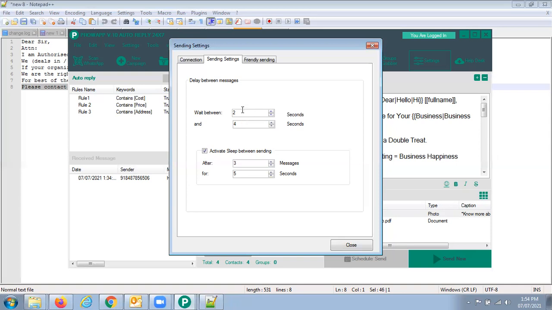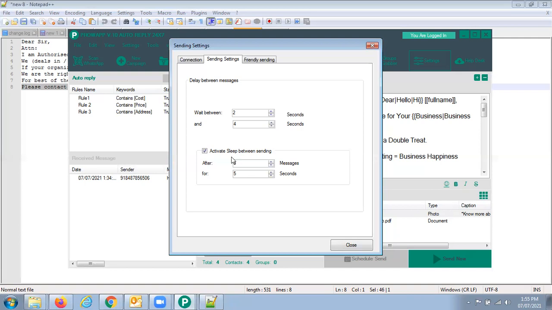Here the waiting time is just the gap between one message and the other. Because we are showing that it is being sent manually, we generally keep a 15 to 20 seconds gap between one message and the other. Second, after 20 to 25 messages, definitely you will stop sending messages manually and do something else. Maybe you will have a sip of water also, right? It happens, you are not doing those activities on a continuous basis.